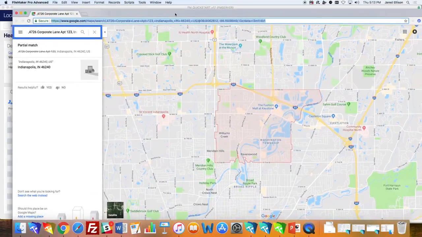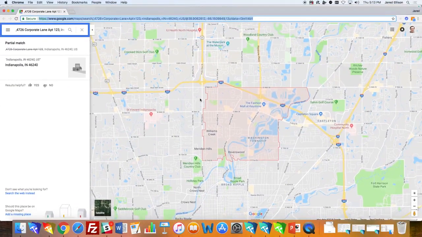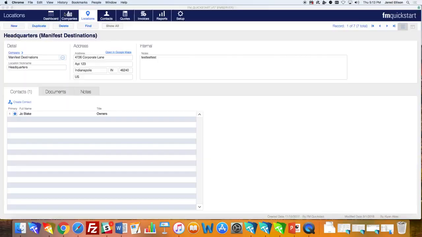it'll pop up on your Google Chrome and show you where they're located in this area, and be able to get directions that way, which is very convenient and easy if you're going to be on site or visiting them for a meeting. And so this information right here is where you put the address in, obviously.